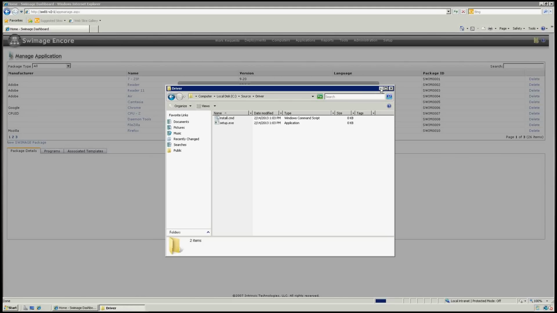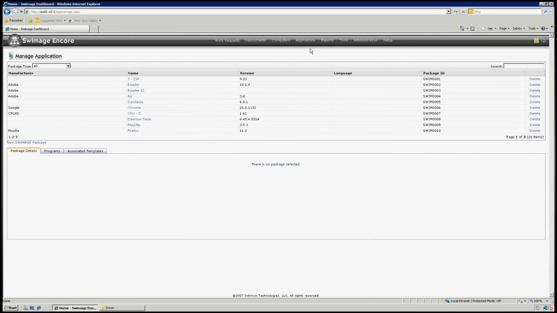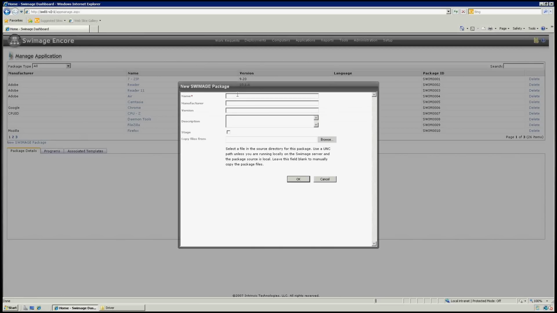So once you have that done, you would go ahead and go to your Swimage console, and you would access the Manage Application screen. To do that, you would just say Applications, and then go to Manage, pull up this screen, and from here, we're just going to say New Swimage Package. For the purposes of this, I'm just going to call it Driver. Manufacturer is going to be Intrinsic, version 1.0. And then in the description, I'm just going to say manually installs driver